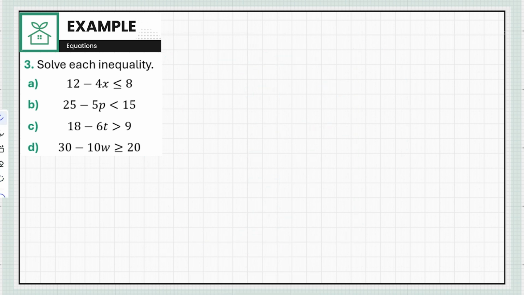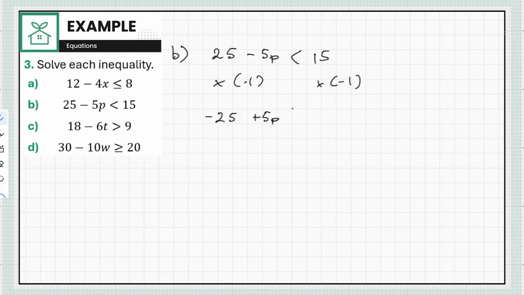Another way to solve it is to multiply by a negative number. So if we look at b, we have 25 minus 5p is less than 15. Now ideally we'd like the term involving the pronumeral p to be positive. So what we can do is multiply both sides by negative 1. I'm left with negative 25 plus 5p, and then we have to switch the direction of the sign, is greater